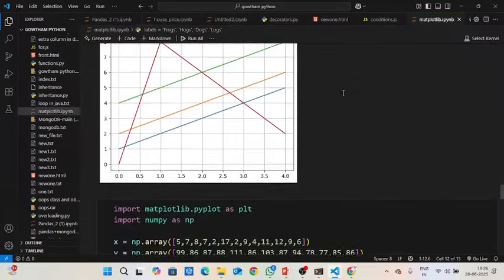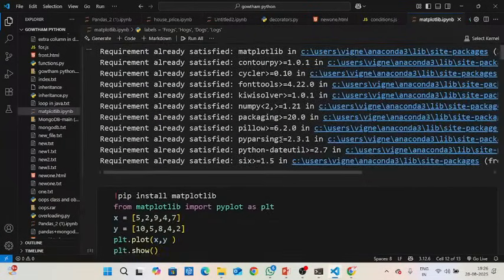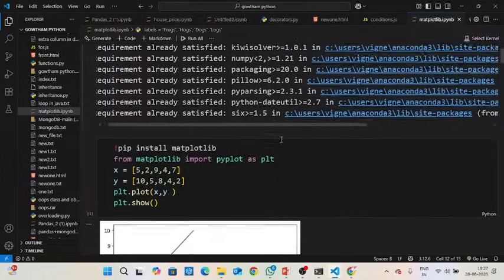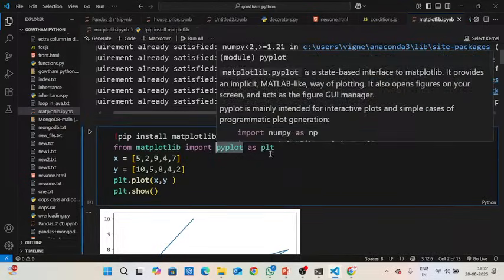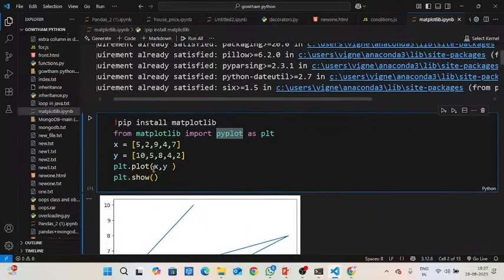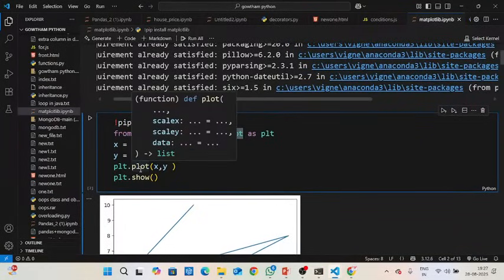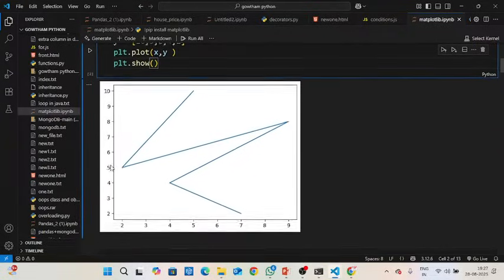I will just recall it once. Okay, Matplotlib is used to visualize the data. That means graphical representation like a bar chart, pie chart, and so on. First, I need to install Matplotlib and import pyplot from Matplotlib. I am going to use Python, setting an alias name and creating a list of two variables, and I passed 2 lists of data. And then by using the plot function, I plot x and y. And this show is like a print statement. It will display that graph.